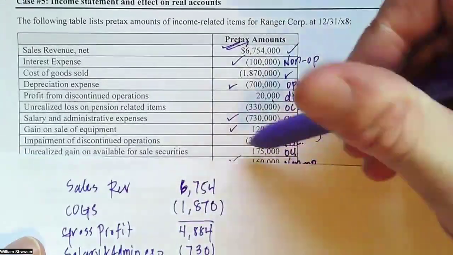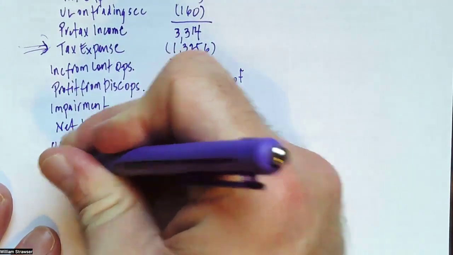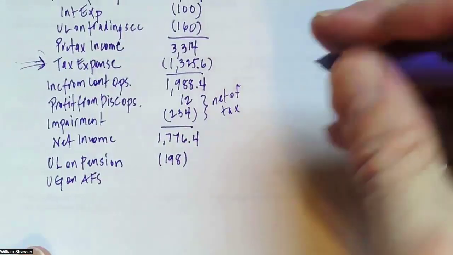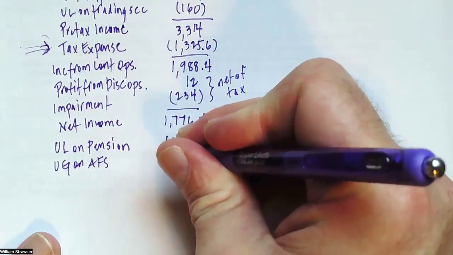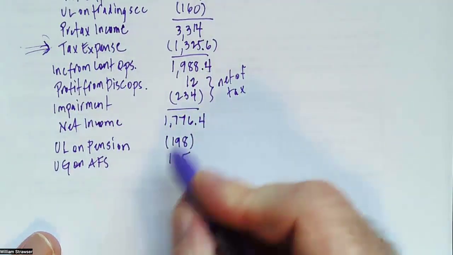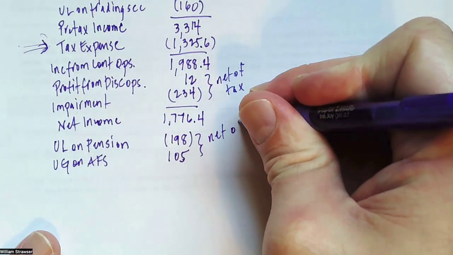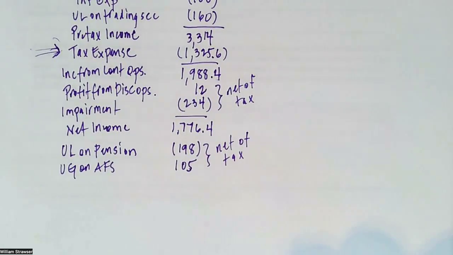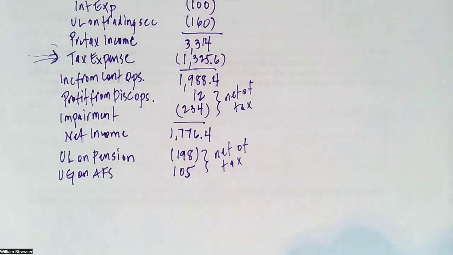And the unrealized gain on the available for sale securities was 175. We take the tax off of our gain and we're left with 105 remaining. So we had a loss net of tax. Again, remember both of these are net of tax: 198,000 from the pensions, and then we had an unrealized gain on our AFS securities for 105,000. So again, combining those two and applying them to our net income,